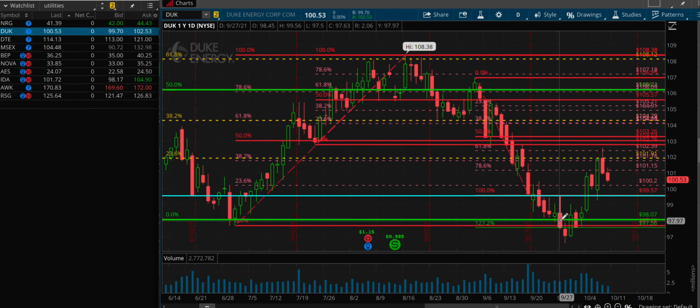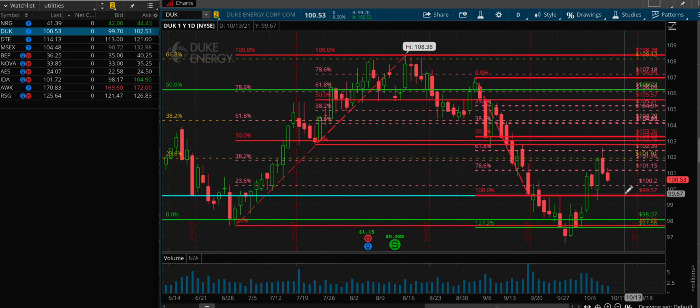Down here, I was a little bit skeptical, but now above here, it's more or less look for the correct entry. And as long as we stay above this 99.57, if we break below this 99.57, I am a seller, not a buyer. But we do need to come down and then re-break out, make a new high. Now, this could come back down, and like I said, if we break below the 99.57, I'm done. Goodbye. Sayonara. But if we can continue higher, come down and then break out this high, I am a